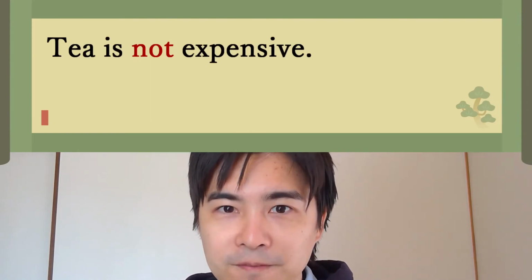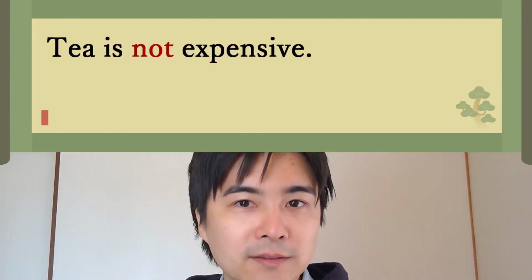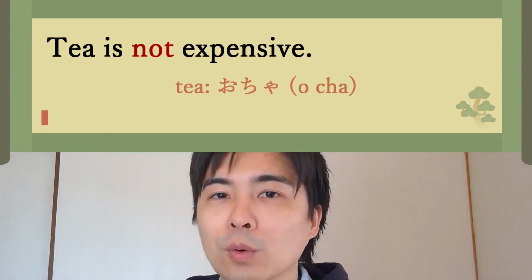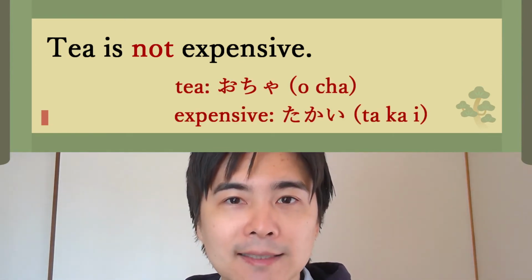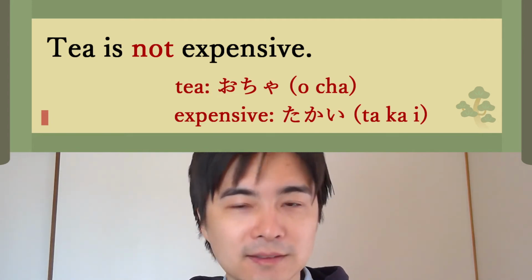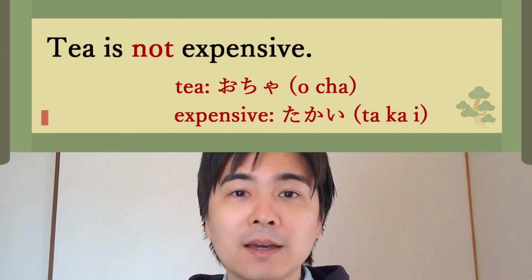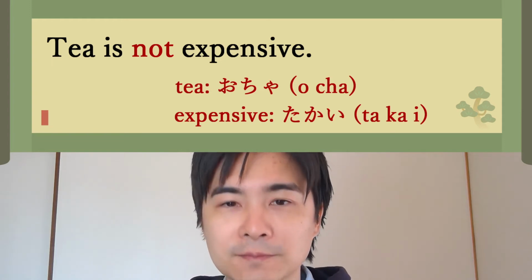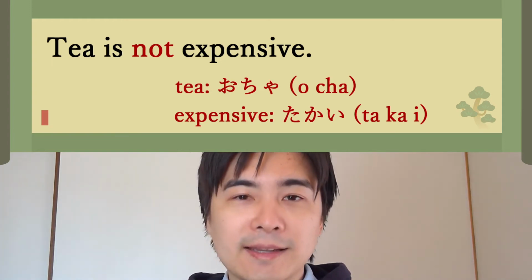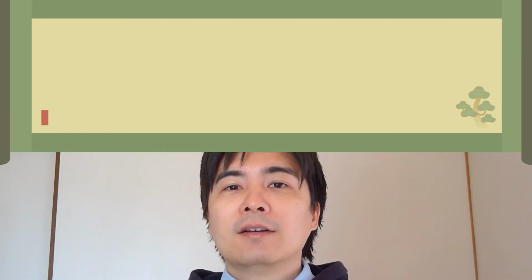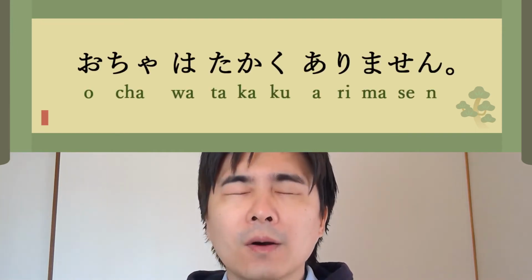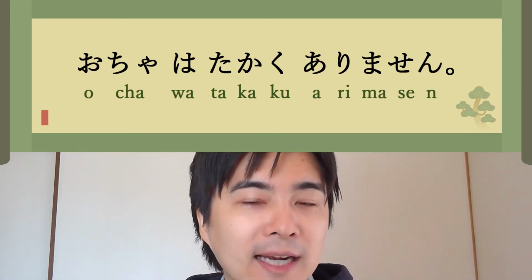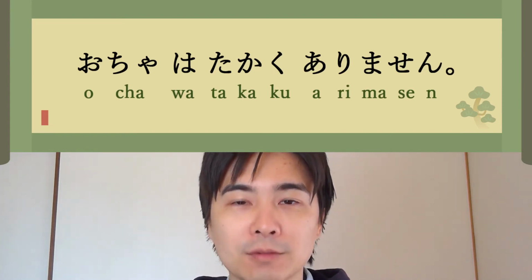How do you say tea is not expensive? To give you hints, tea is お茶 and expensive is 高い. So how do you say tea is not expensive? If you want to think for a while, please stop this video. And the answer is お茶は高くありません。